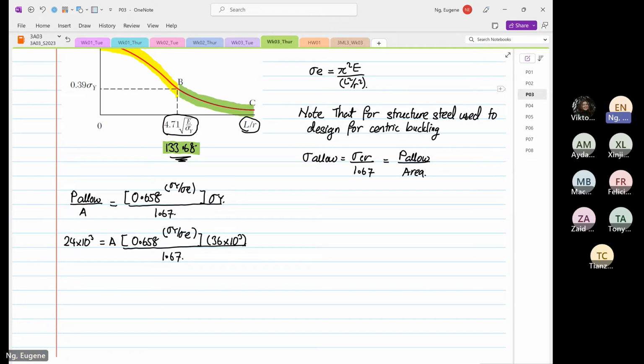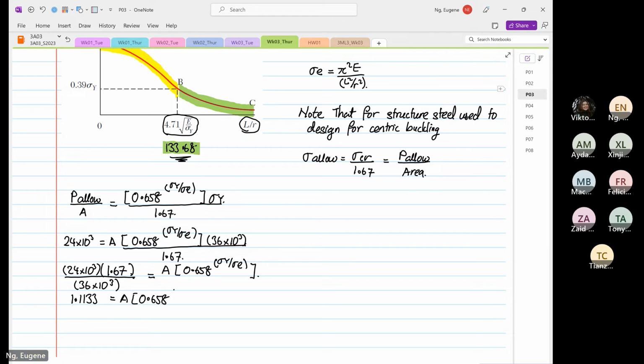So 24 times 10 to the power 3 times 1.67 divided by 36 times 10 to the power 3 is equal to 1.1133. What I've done here is gathered all the constants together. So this is equal to A multiplied by